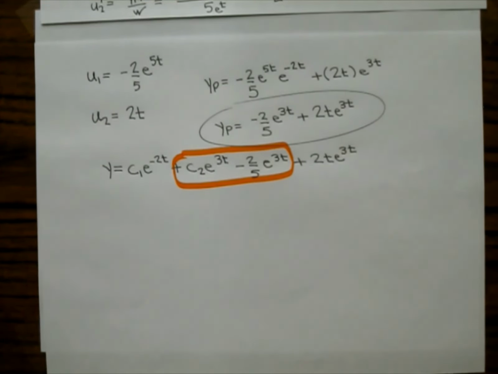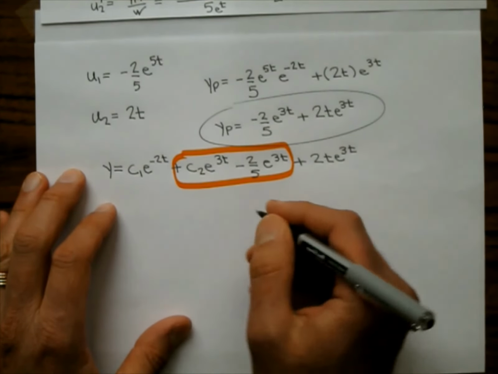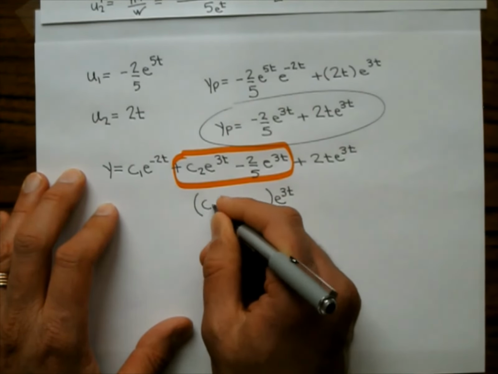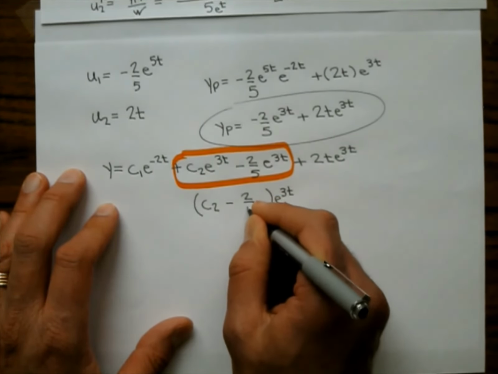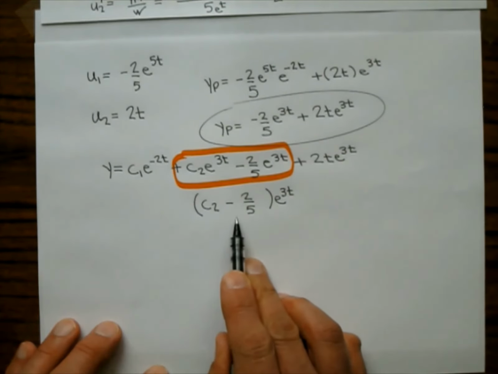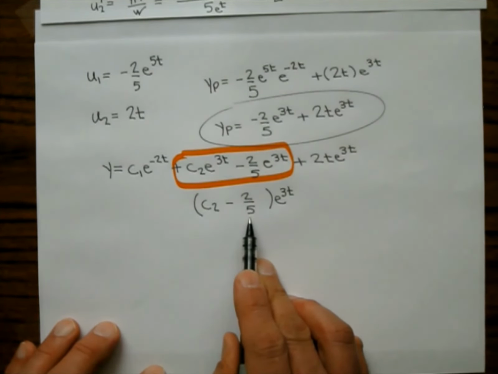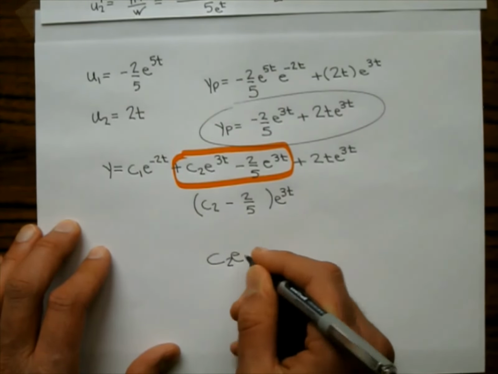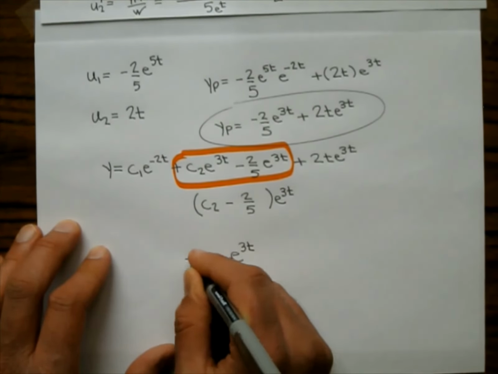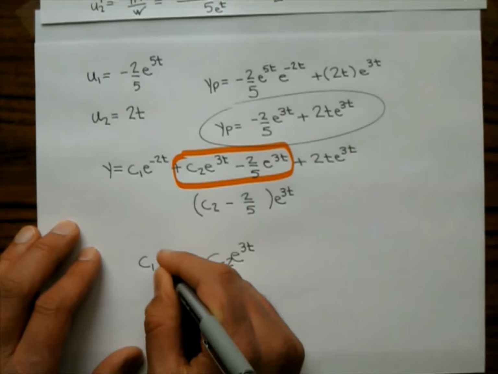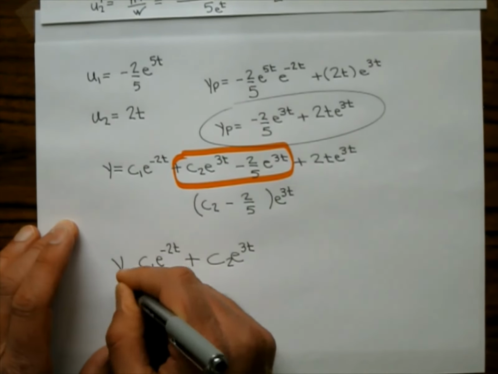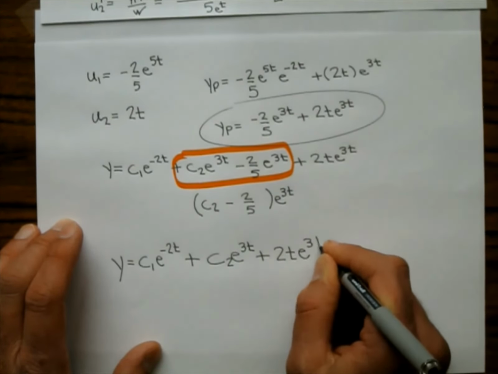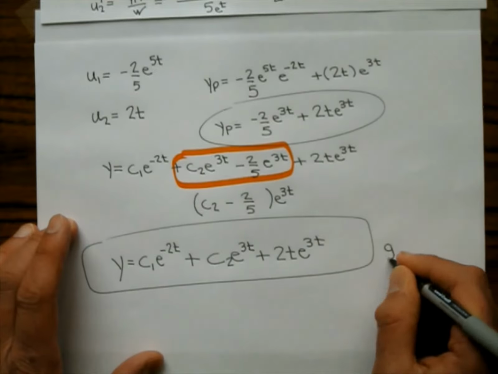Those guys, we can factor out an e to the 3t on those ones there, and we end up getting c2 minus 2/5. What is c2 minus 2/5? Well, that's just another constant. You don't see any other c2s out there, so we can write this as c2 e to the 3t plus, and then over here we have c1 e to the negative 2t, and then this is plus 2t e to the 3t. This right here is my general